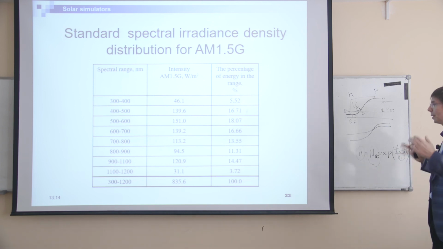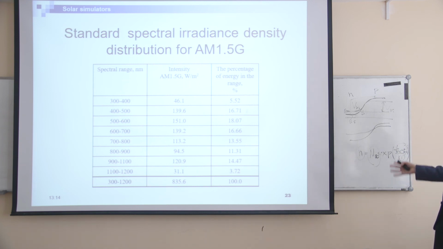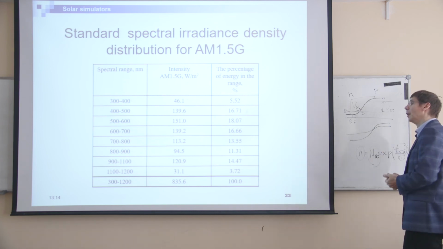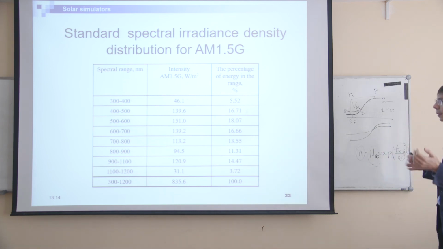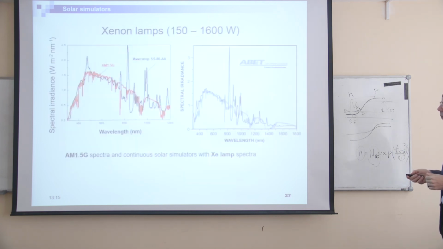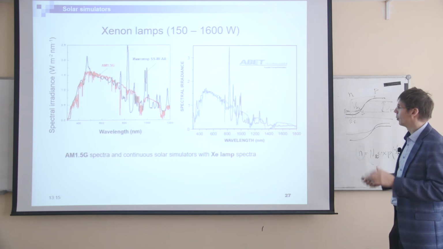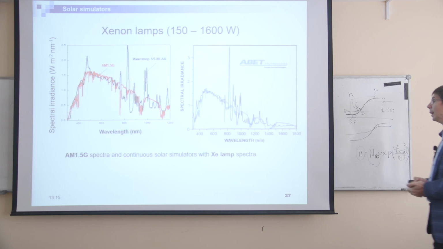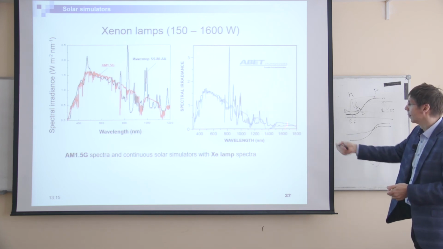So it's nice for silicon, but if you are thinking about some wider range for multi-junction solar cells, for example III-V multi-junction cells based on germanium, you have to care about the spectrum match, about the source, etc. Actually, a xenon lamp is not so bad for this application. I mean, even up to approximately 2 micron, it gives not so bad